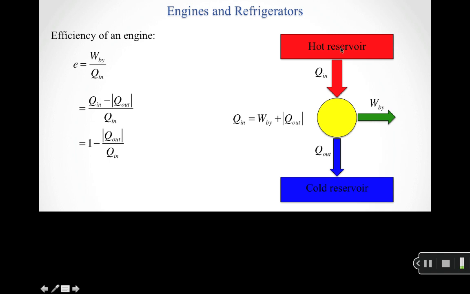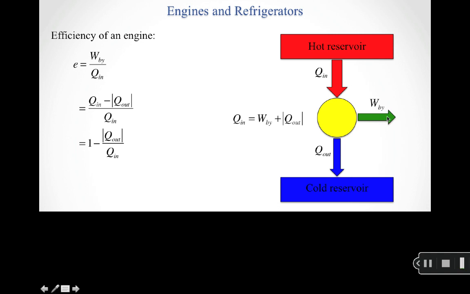So our schematic that's showing this is, again, we have some hot reservoir that is going to allow us to transfer energy as heat. So up here, the system's at a high temperature, so I can transfer energy in as heat. And then that energy that gets transferred in is going to get converted. Some of it's going to get converted to go do work. The rest is going to get dumped out to some cold reservoir. And again, this is what we talk about when we talk about an exhaust.